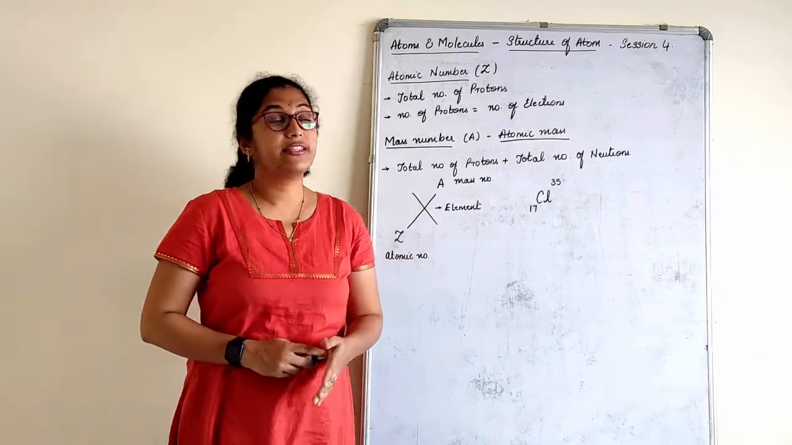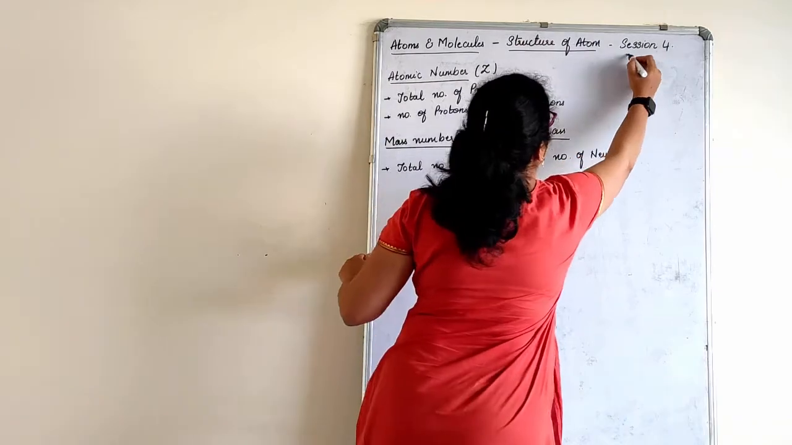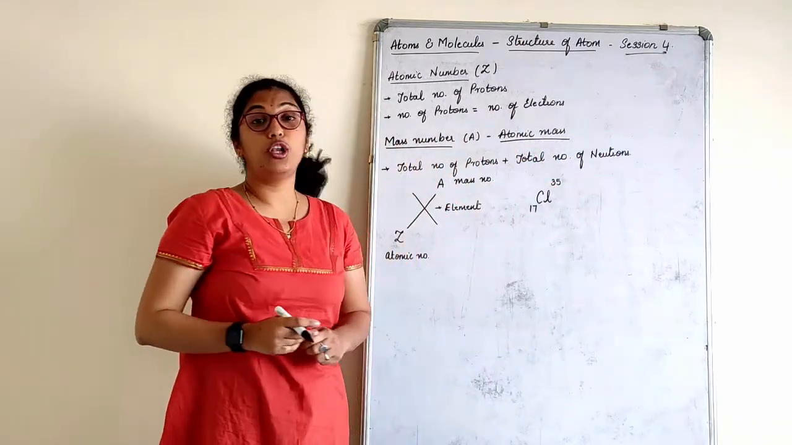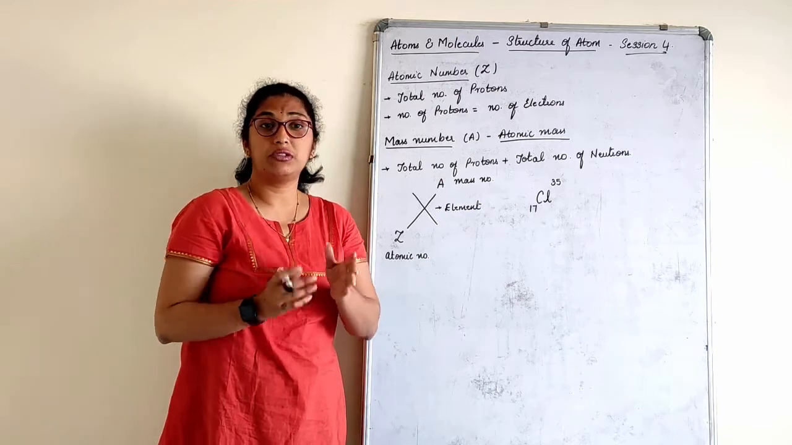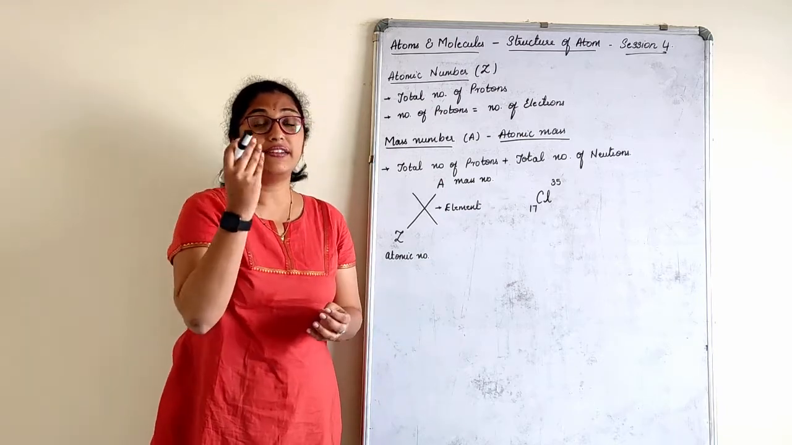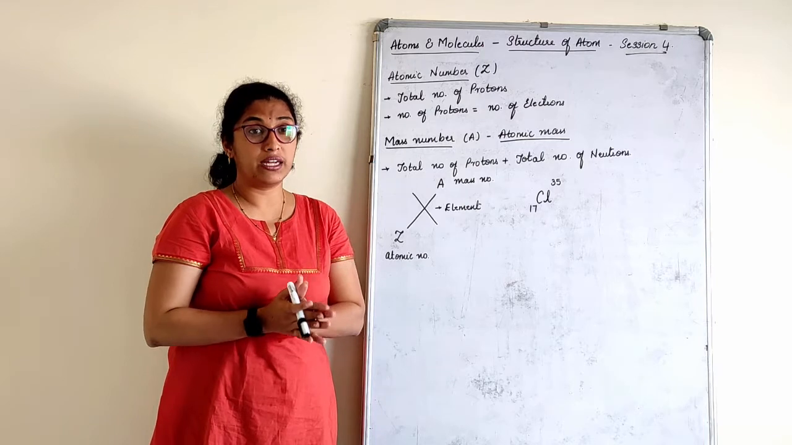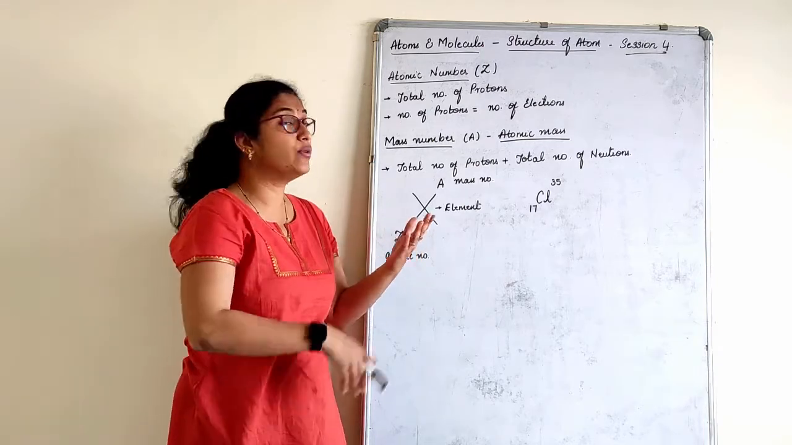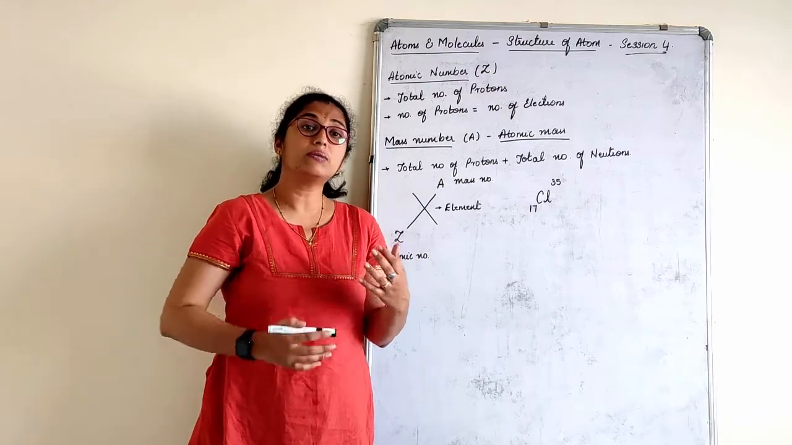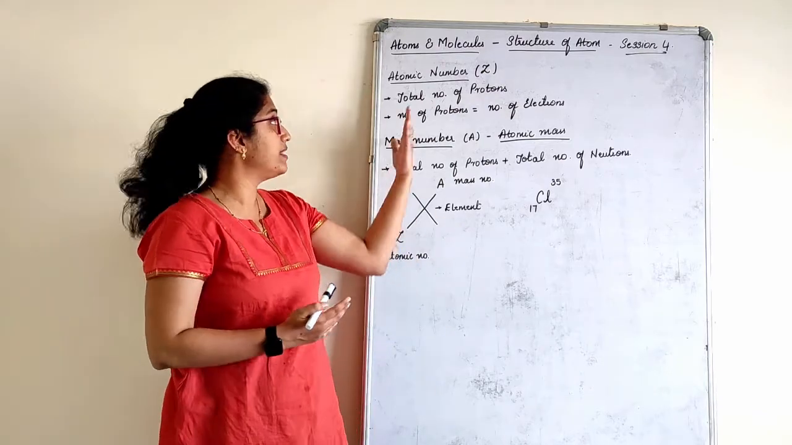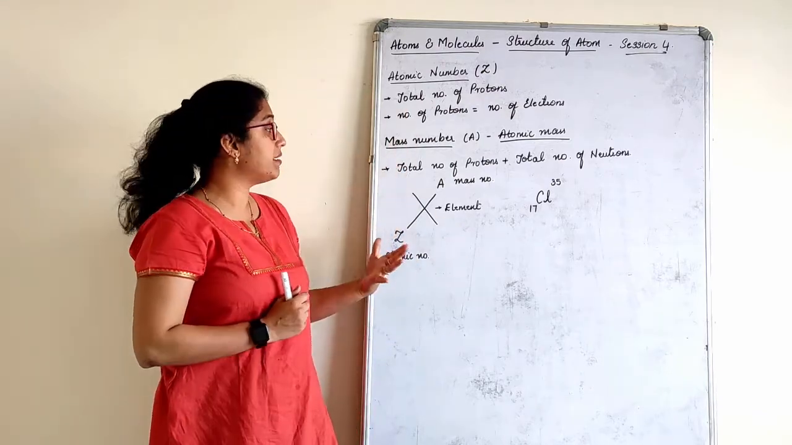Good morning. We will start session 4 on the chapter Atoms and Molecules and Structure of Atom. In yesterday's class we understood the theory about atoms and the different atomic models, who proposed them, and which one we follow. That's Niels Bohr. We will discuss Niels Bohr's theory again once we understand what atomic number and